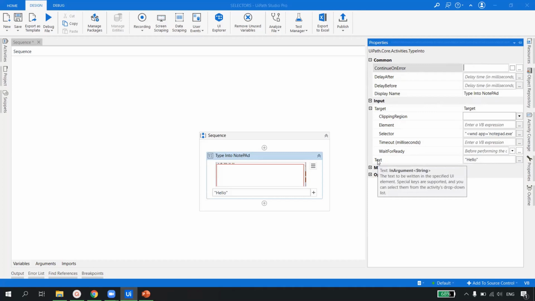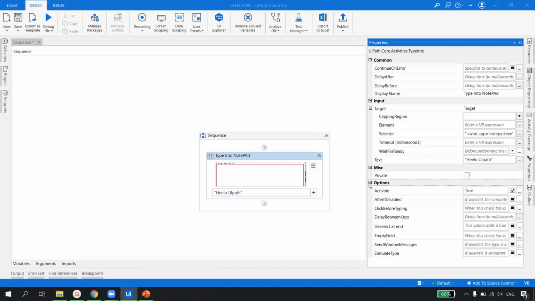And now this is the text, right? What is the data type here? It is expecting a string, right? So whatever we are typing here should be in double quotes, because if I just type like this, it will show an error that it is not expected, because you have to pass a string. And how do we pass a string? We pass the string in double quotes, right? So like this. Now if I change it to hello UiPath, it will just take the text.